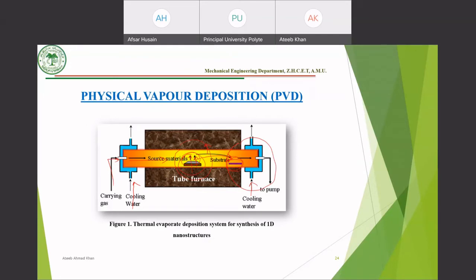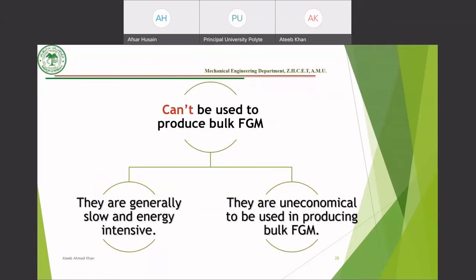Now there are 2 points to consider here. The first one is, somebody's asking some question. Okay, the question disappeared. So there are 2 problems with this method. We cannot produce a bulk FGM with the help of this method. It is very slow and energy intensive. And the second one, it is a very uneconomical method. So it is only used